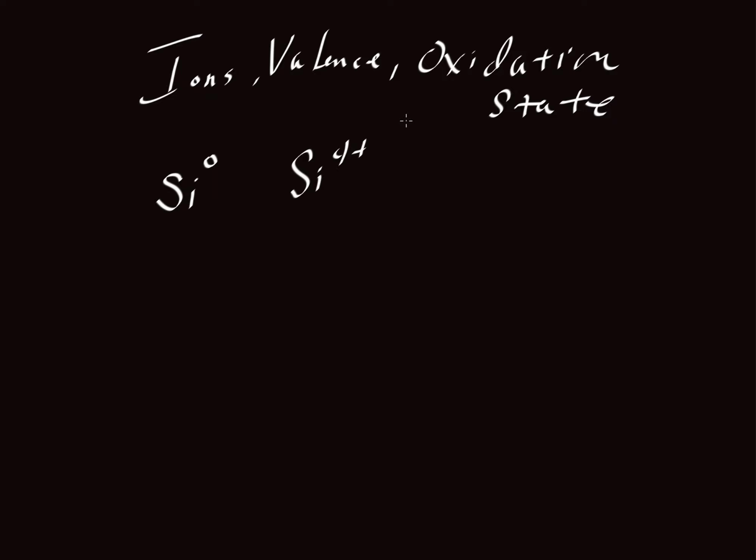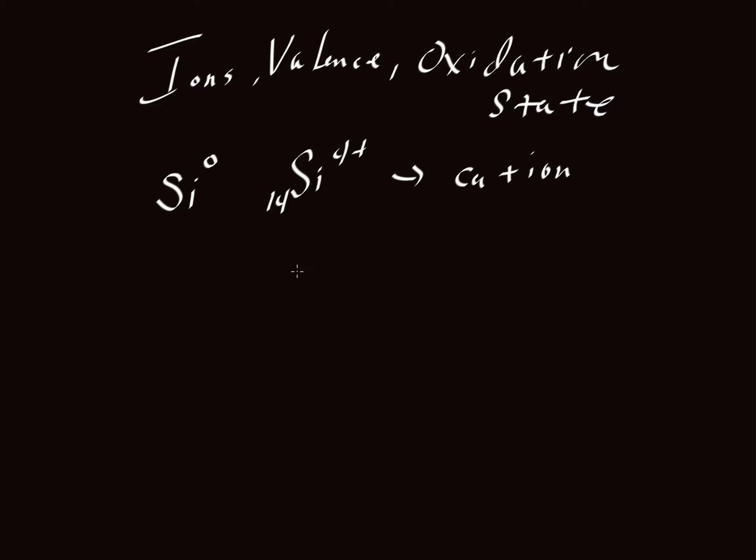So anything with a +4 charge we would refer to as a cation. So here we refer to this as a cation of silicon. Now silicon has 14 protons in its nucleus. So to get a +4 charge, that means it has to lose 4 electrons. It would have 14 electrons here in the neutral state, and then if we strip away 4 of those 14 electrons, leaving it with just 10 electrons, then it would have the 4+ state,